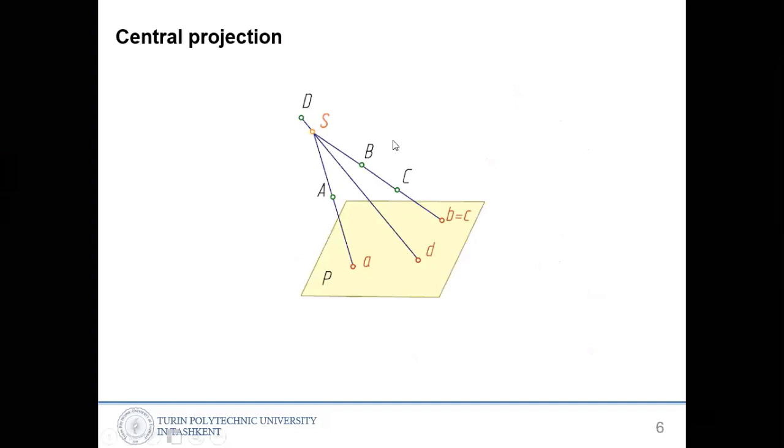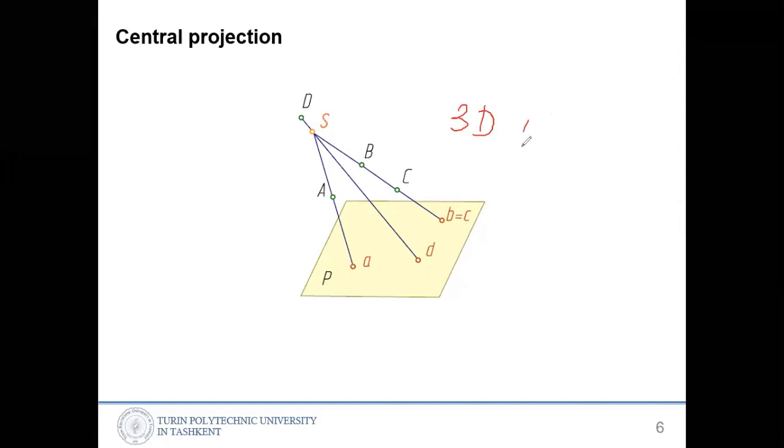Okay, a similar example. S is the central point, right? So from the D side we are looking to the S, and B and C are projected onto the plane P. And please note that in the space, points are labeled with a capital character. So points in the 3D space, in real space,